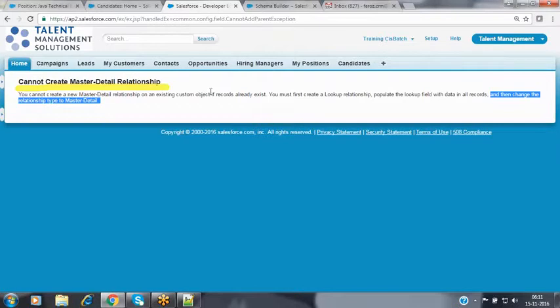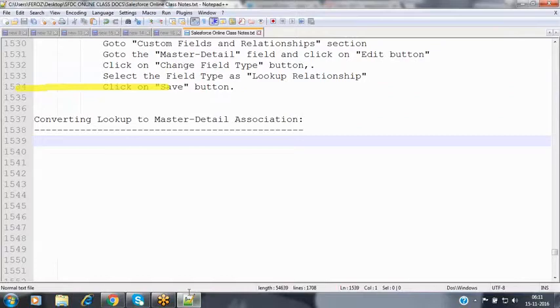Directly it won't allow you. The same process is available here also. First create the lookup association, then map each and every child record to a parent, and then convert that lookup to master detail. These are the steps while converting lookup to master detail. Now, make a note of it here.